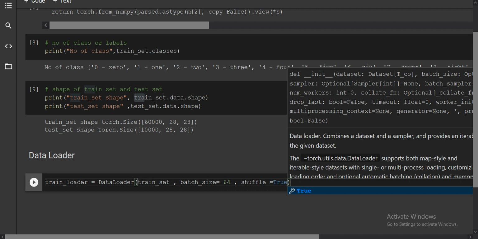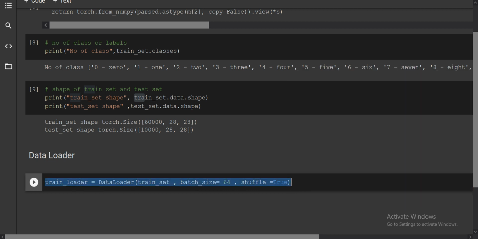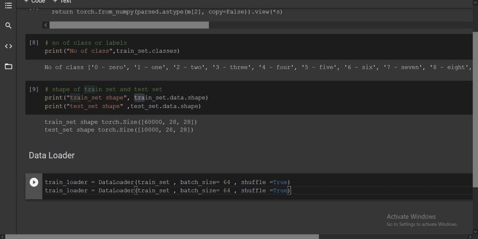So this was the basic. You have to do the same data loader for the testing part. You write test loader, and inside that you pass the test set. Here you are not training, so shuffle can be true or false by default, but here you can just pass false because you don't want to train on this data set. The main thing is that in the training data set the model is learning, and in this one we are just validating how our model is performing. Now I just run this one.